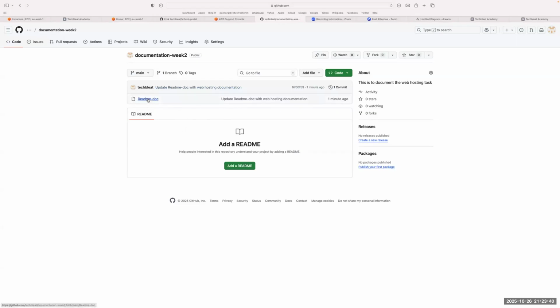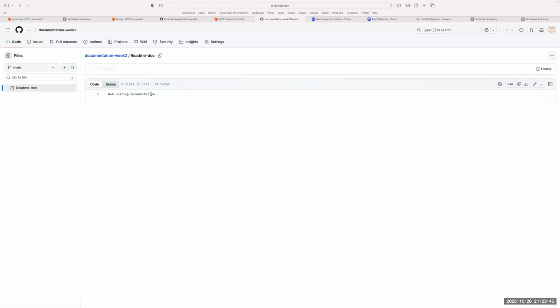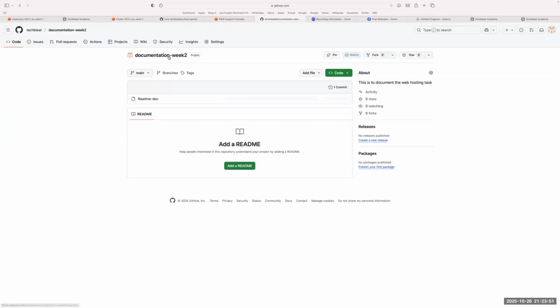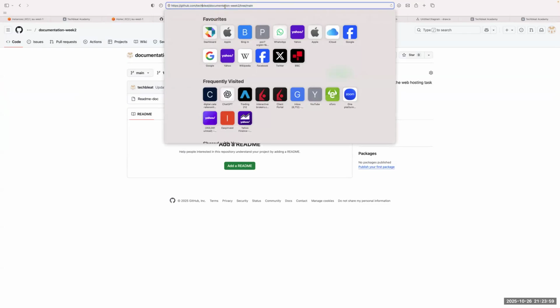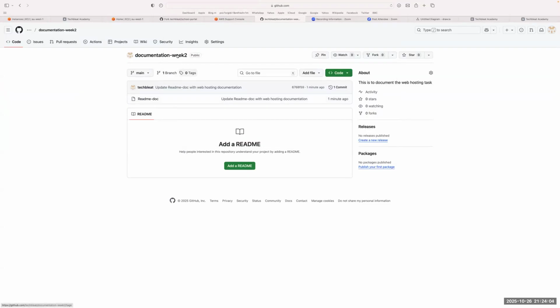The key thing here is the document file is being created. You can look at it. We only just created a single line. It's in this repo. This is the repository documentation week 2 within my account called TechBlitz. So if you look here, TechBlitz is my account, documentation week 2 is the repo, and in that repo I have